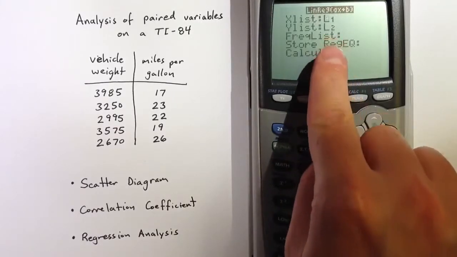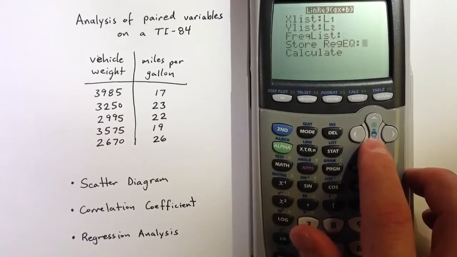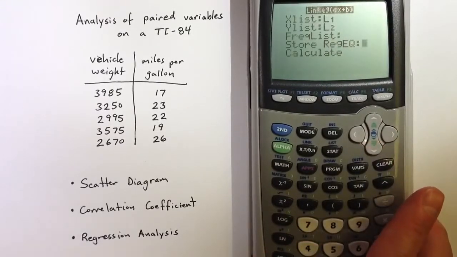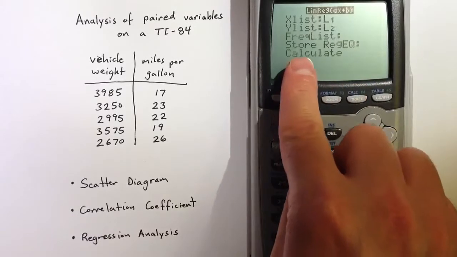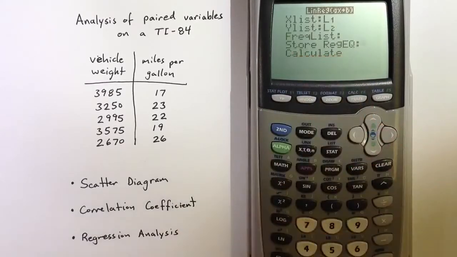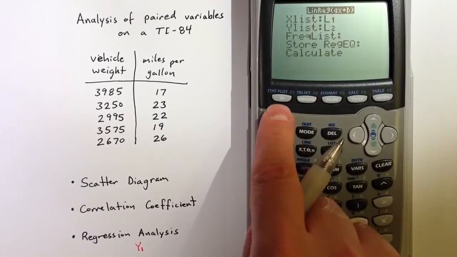And it identifies the lists that are going to be used in the regression. I'm going to add one more thing. We wouldn't absolutely have to do this just to get the correlation coefficient, but I'm going to store. This is saying store the regression equation. I'm going to store that in Y1 under the Y equals menu,